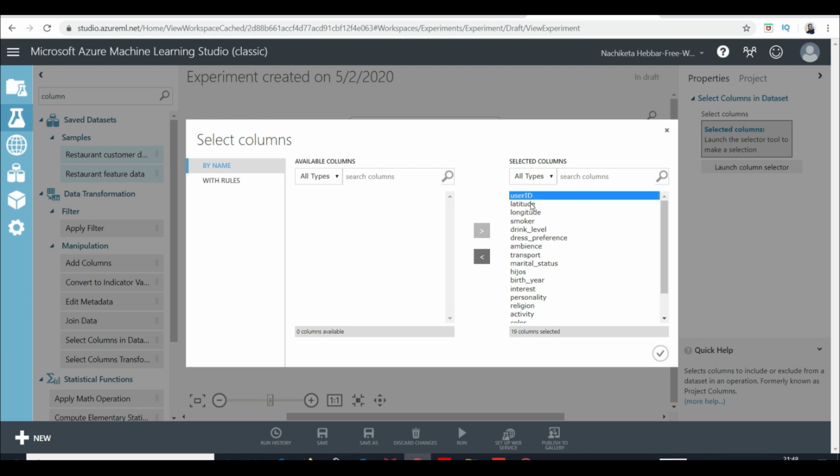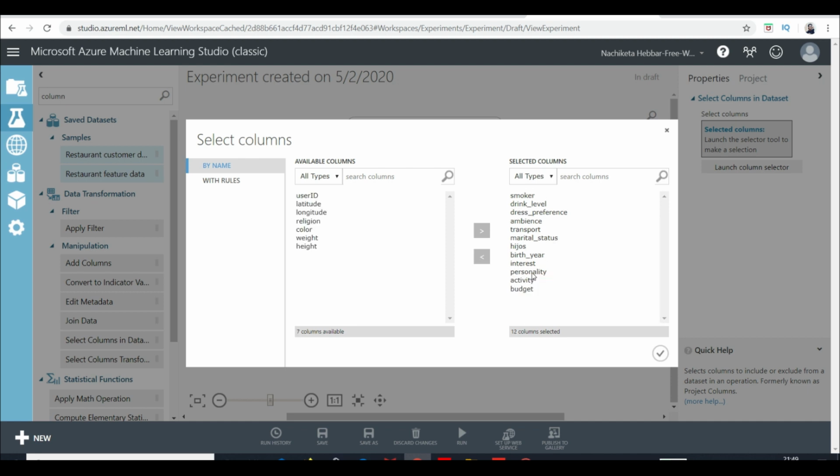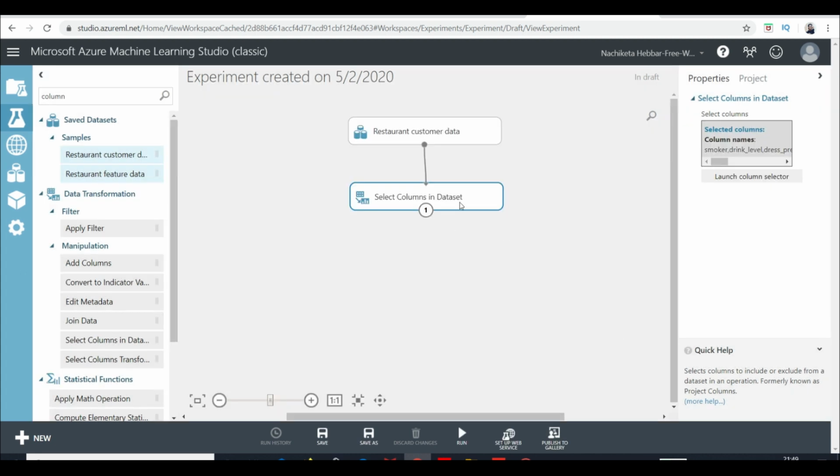I don't want the user ID, I don't want the latitude, longitude, and I'm pressing the control button to select multiple columns, right? So I don't want the height as well, I don't want the weight as well, the color, not the religion, and I move them back. And these on the right side will be the selected columns that will be used for the data modeling. Click on the tick mark and I'm good to go.